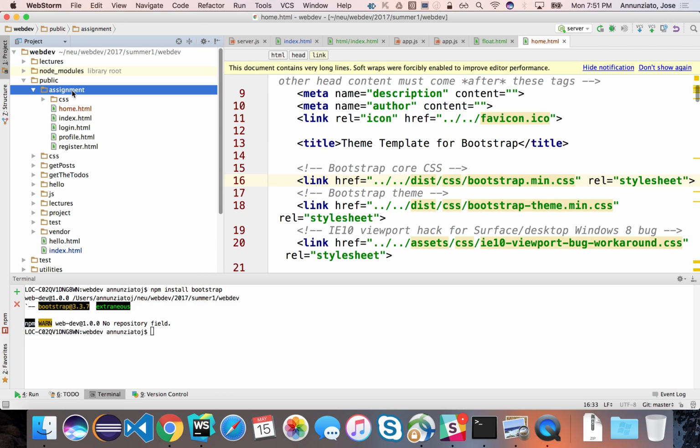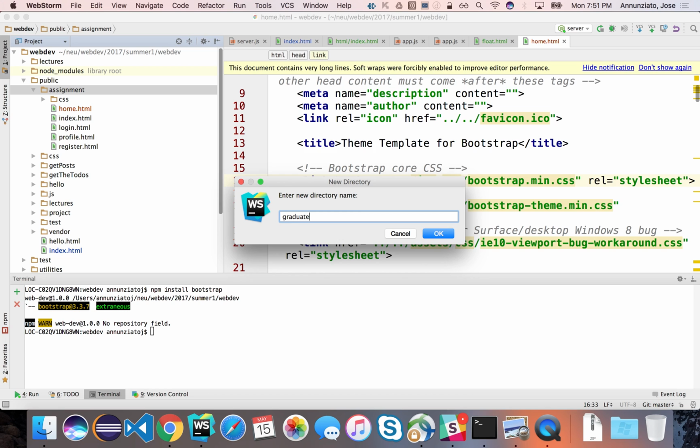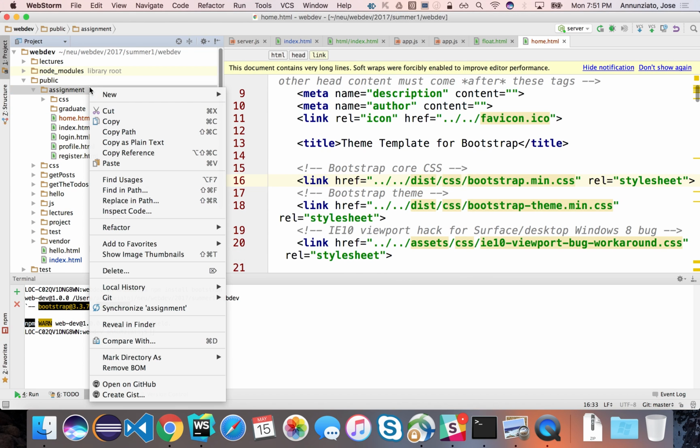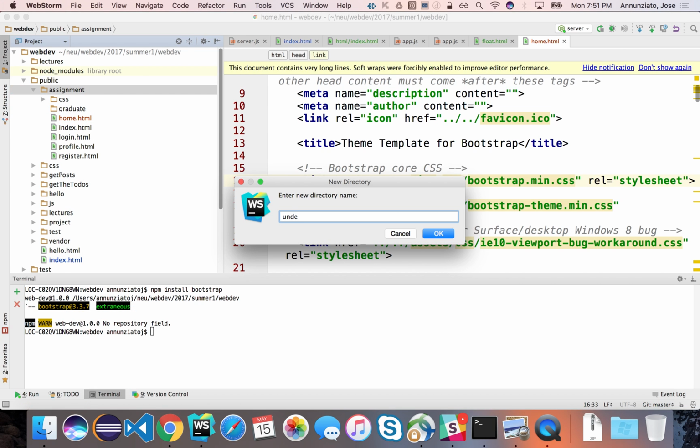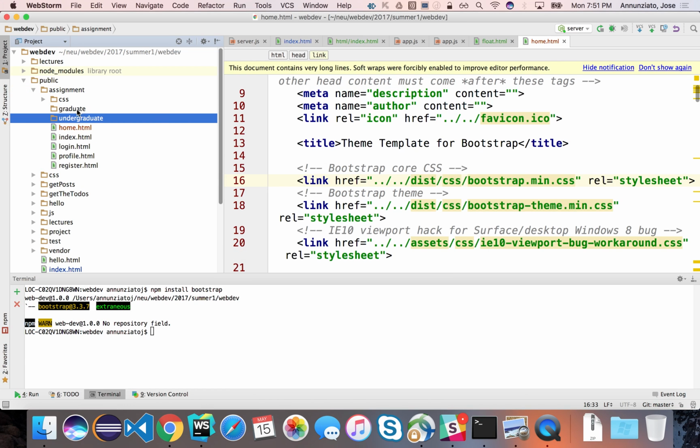So let's do that. Let's install here under the assignment. Now wait, how am I going to do this? Because I have assignments in the evening and I'm going to have to do this again tomorrow. Okay, so I'm going to probably do this. I'm going to have 2 versions of this. I'm going to have the graduate version, and I'll have the undergraduate version. Okay, let's do that. All right, so under the graduate version,